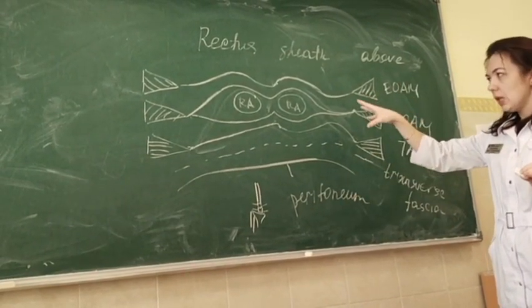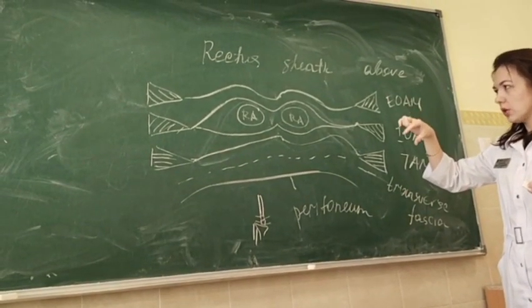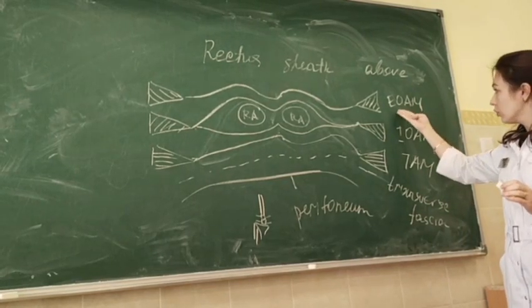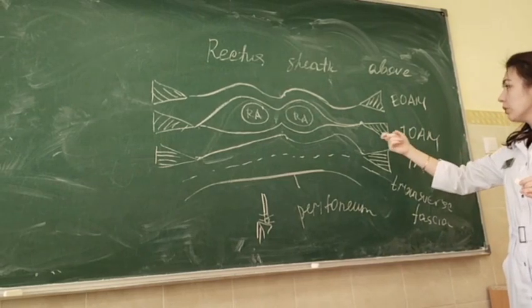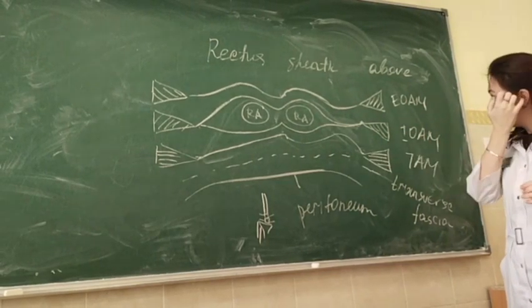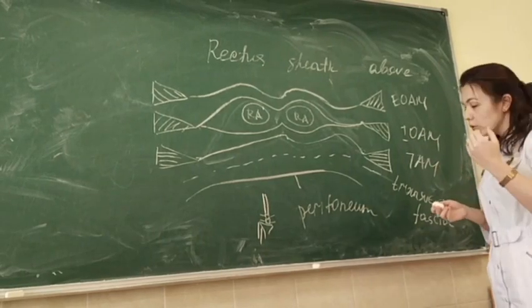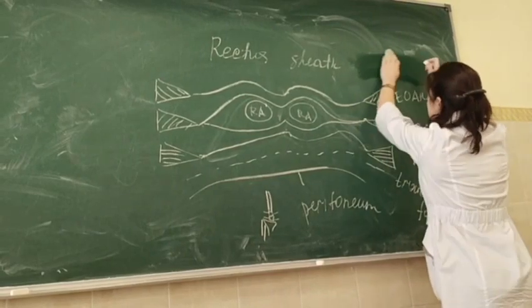This is above. Above, both the anterior and posterior walls of the rectus sheath are formed by 1.5 muscles. Anteriorly it is the external oblique abdominis and the superficial lamina of the internal oblique abdominis, and posteriorly it is the deep lamina of the internal oblique abdominis muscle and the transverse abdominis muscle. Below, the structure changes. Below the arcuate line,